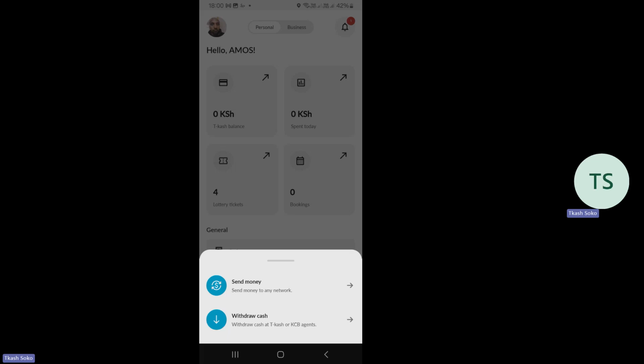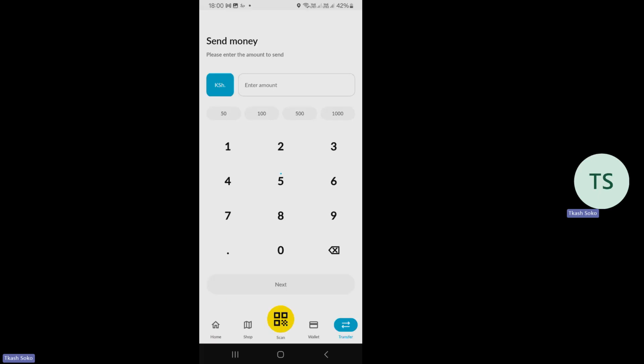So nikikuja, if I have money on my T-kash balance, I can decide to send money. It is important that you understand, hapa kusend, lazima ujue unataka kusend how much na unataka kusendia nani for number yake.